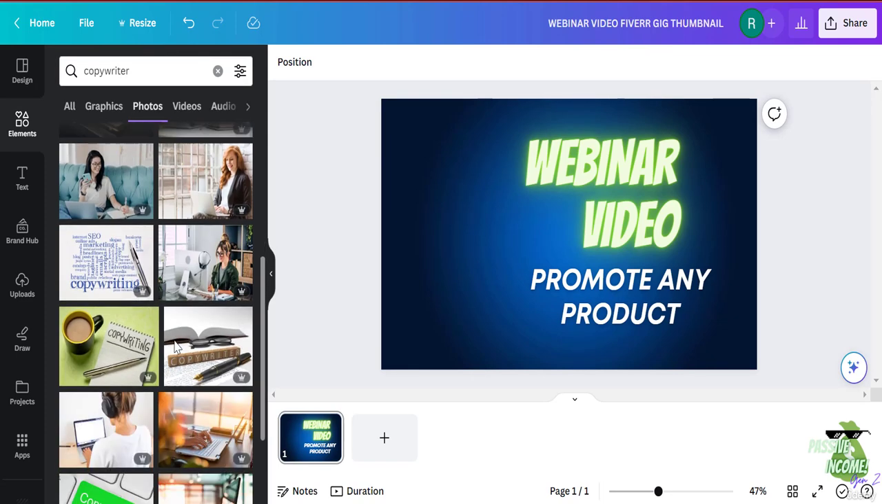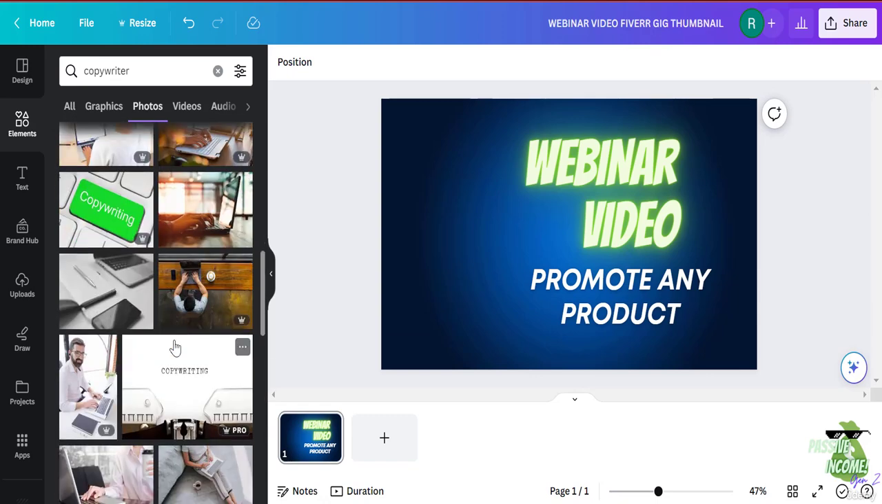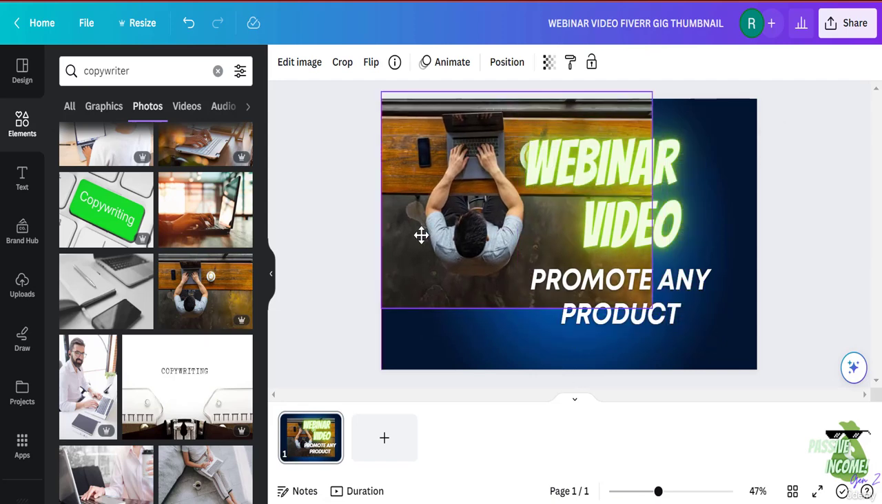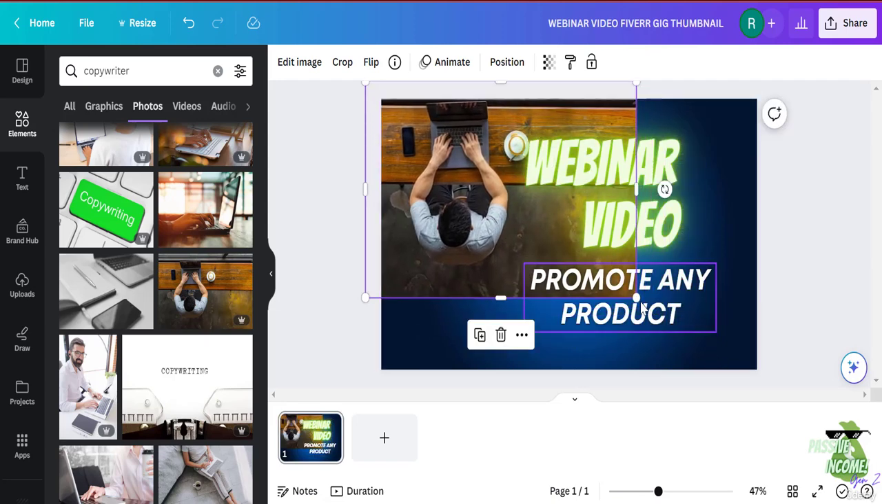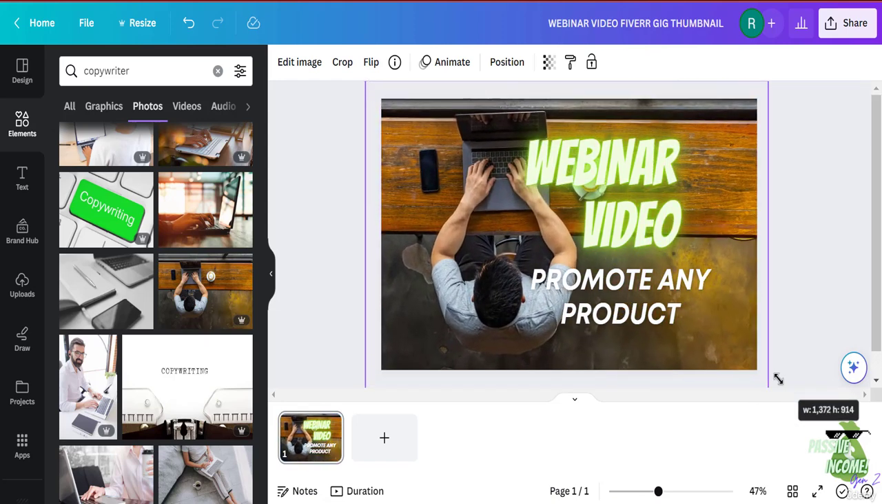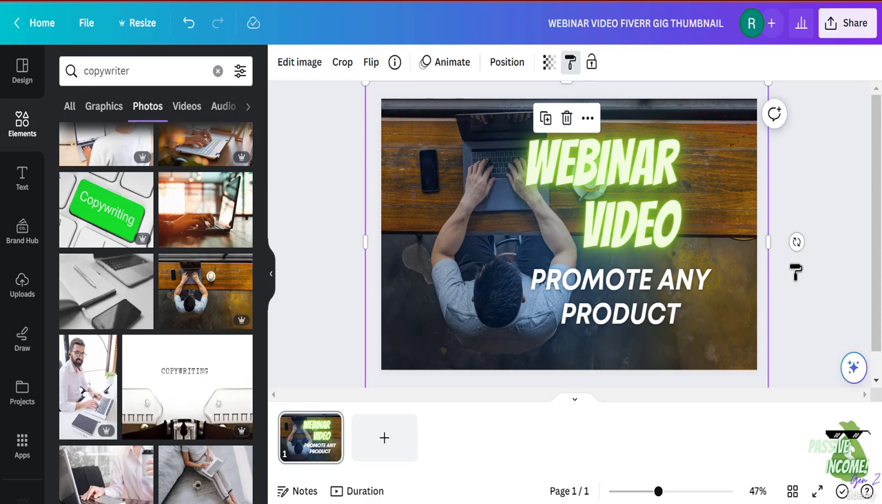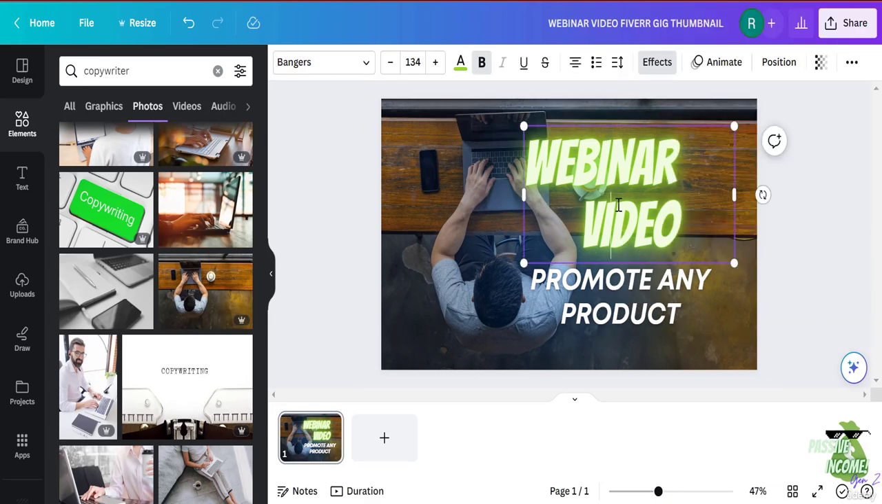There's a bunch of images here, so I think I'll go with this. And actually, I'm going to make it just a little bit bigger. And we can play on the transparency a bit to blend it with the background. Now here, I will say